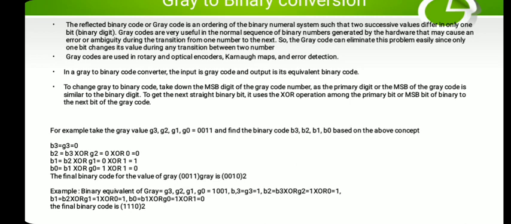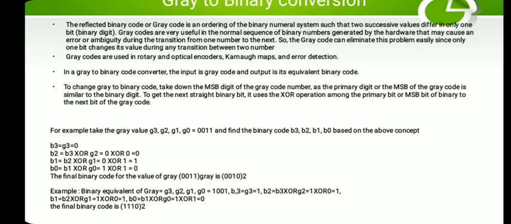you will be XORing with the second bit, not the preceding bit, but the result you are getting. The resultant you are going to XOR with the primary bit. Whatever you XOR will be the next bit of the result of the binary code. Then again, whatever result we got will be XORed with the third bit and we'll obtain the third bit of the result for the binary code. So this way, when the number goes on increasing, you convert not by XORing with the successive bit. Remember the difference between the conversions.